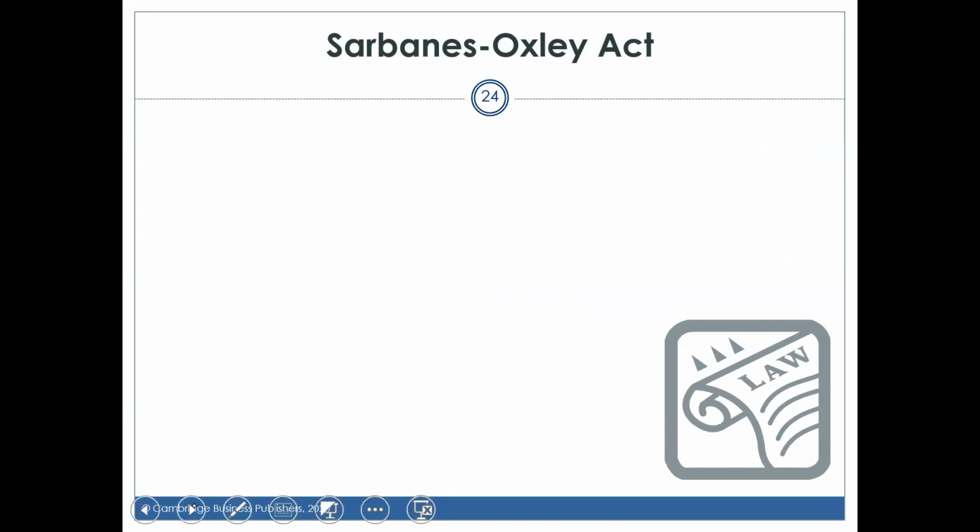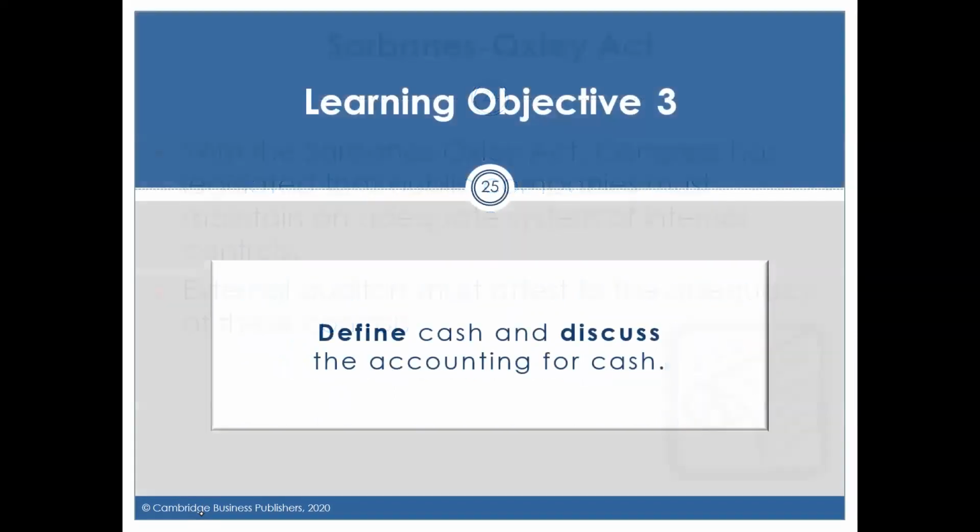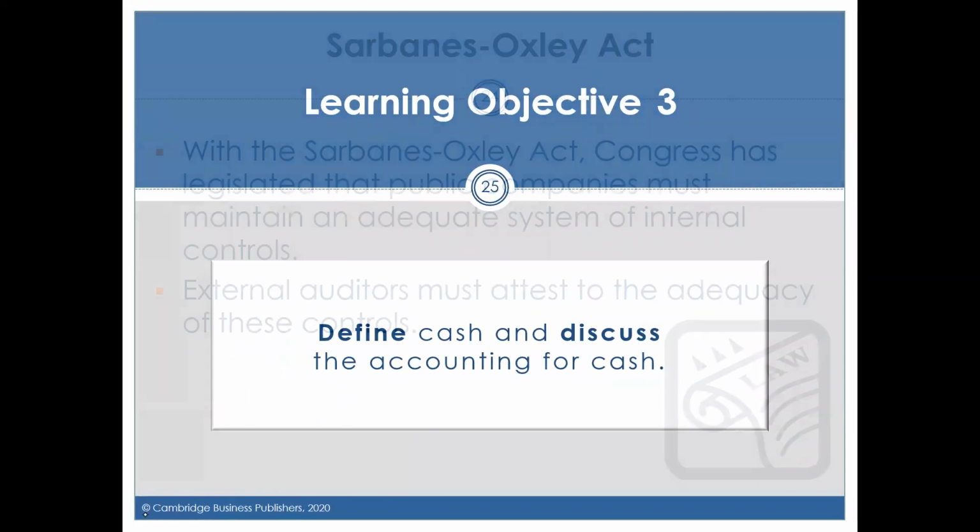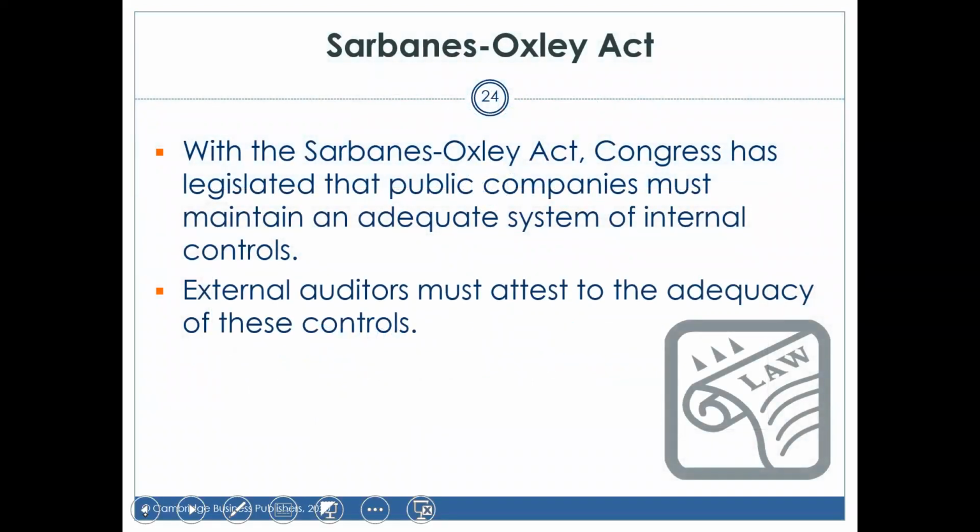You should know what the Sarbanes-Oxley Act was, abbreviated SOX. In 2002, Congress passed an act. Two congressmen, Paul Sarbanes and Michael Oxley, came together and wrote up this act. That's why it's called the Sarbanes-Oxley Act. And Congress passed it into law. It's essentially legislation that makes it a law that public companies have to maintain an adequate system of internal controls,